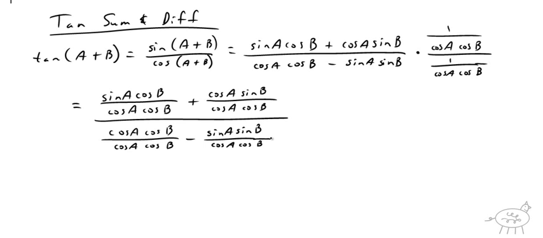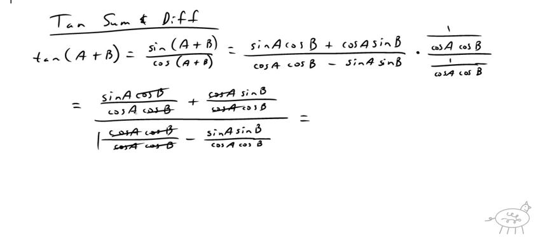Okay, so let's simplify a few things here. First of all, the cosine of B's cancel. Second one, the cosine of A's cancel. The next one, cosine of A's and cosine of B's cancel, so I just get 1. And the fourth one, nothing cancels. So I wind up having